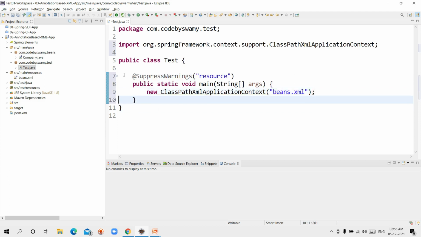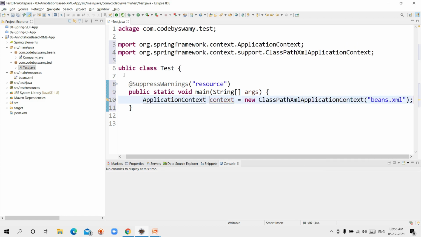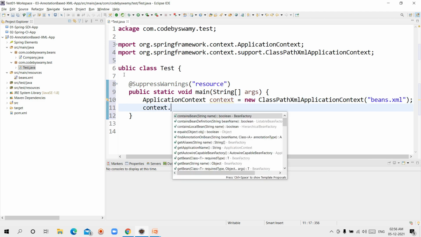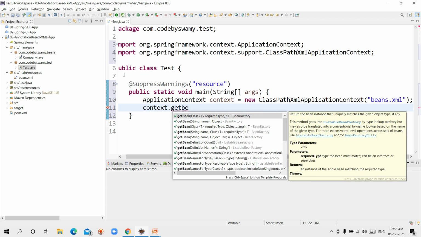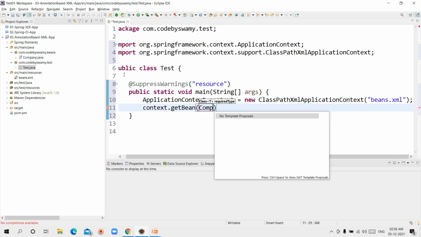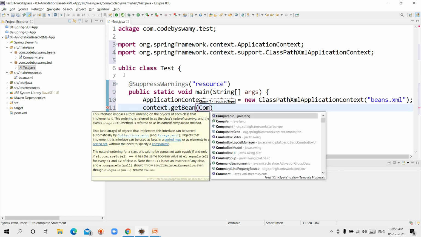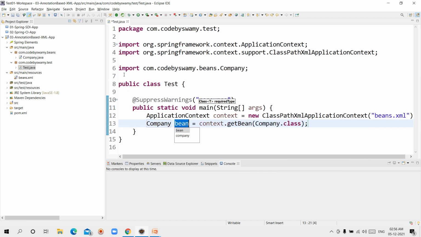It returns the application context. Context.getBean(Company.class) returns the Company object.